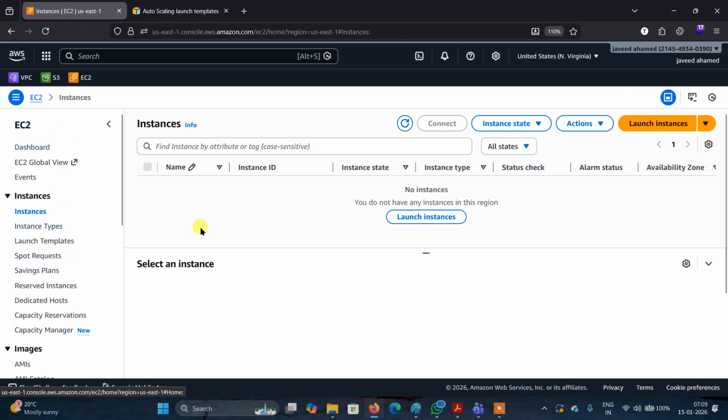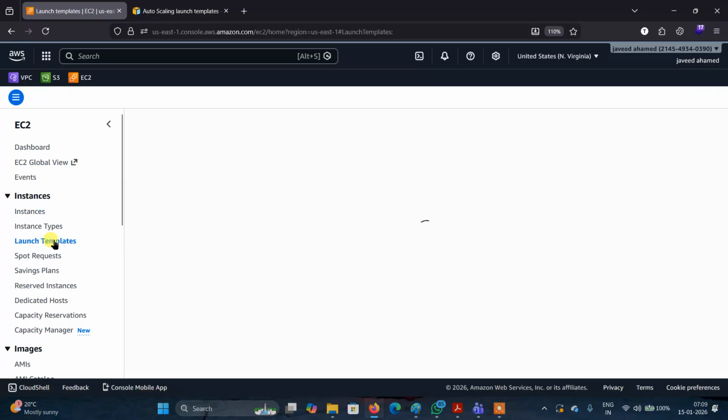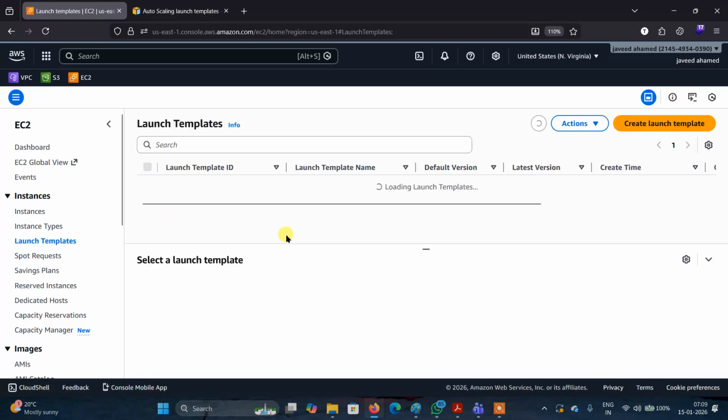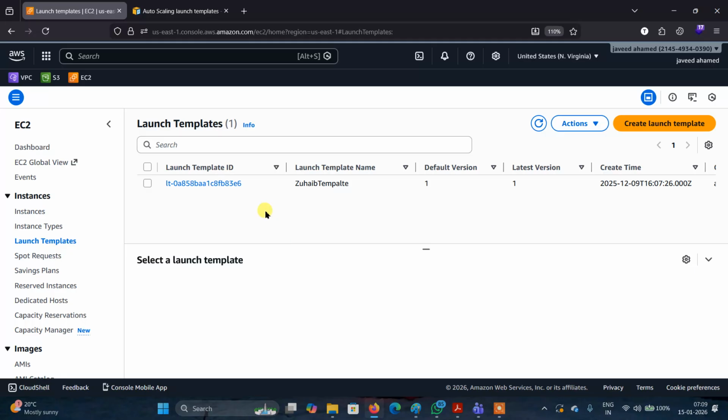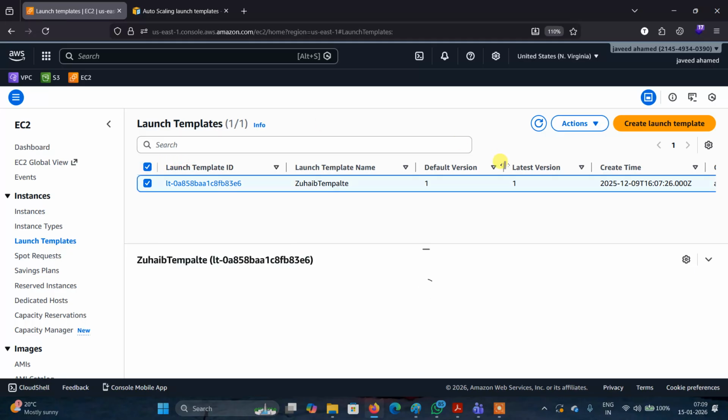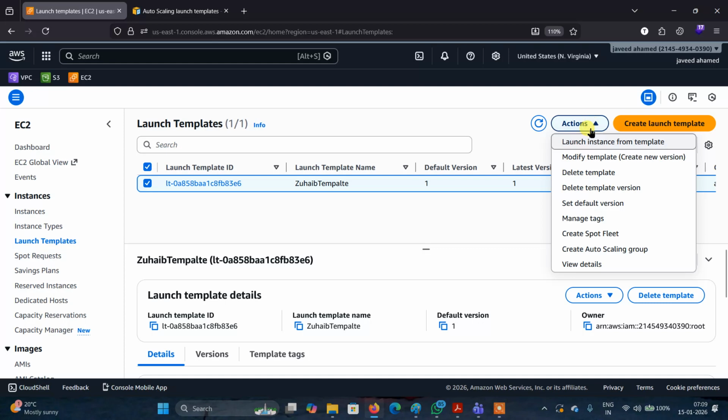Okay. Here, before creating an auto scaling group, I'll tell you what a launch template means. To create auto scaling, it is mandatory to create a launch template. What is a launch template? I'll discuss that. A launch template is a predefined configuration. What is that? I think there is another one from the previous class. I just read this one.